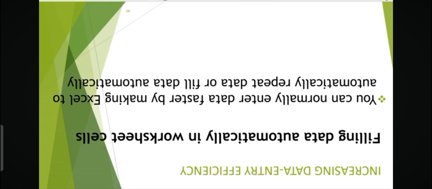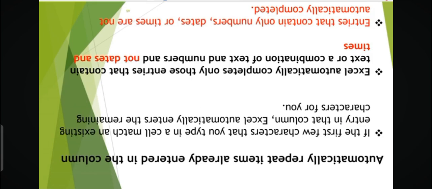Okay, so we are going to talk about increasing data entry efficiency, and here we are talking about automatically entering data into sheets. Now you can normally enter data faster by making Excel automate the repeated tasks for you very easily. Now Excel is able to identify patterns in data that we enter. So if there's a pattern in the data you are entering, you can decide to leverage Excel's ability to do that. Now automatically repeating items already entered in